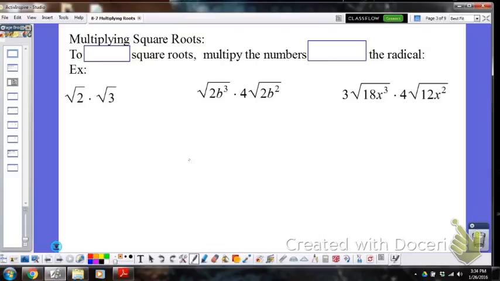So to multiply square roots, multiply the numbers underneath